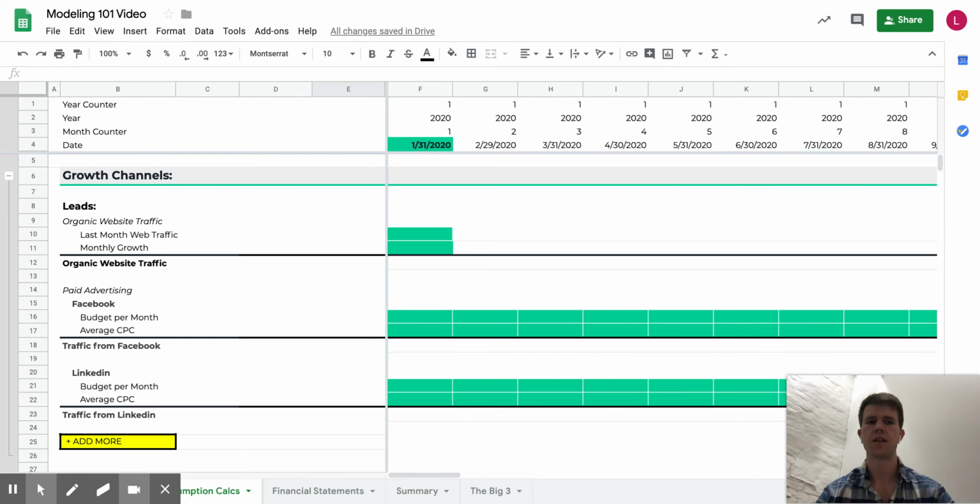Today we're going to be talking about the income statement. So this is going to be a really important video because the income statement, as we know, houses the revenue assumptions and the growth assumptions, something that's really important to investors and should be really important to you as founders